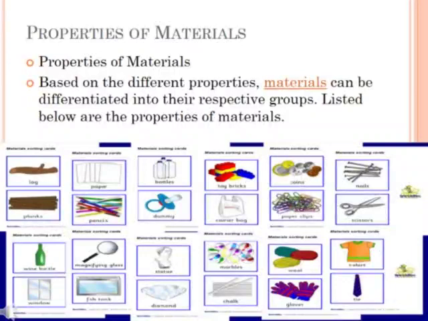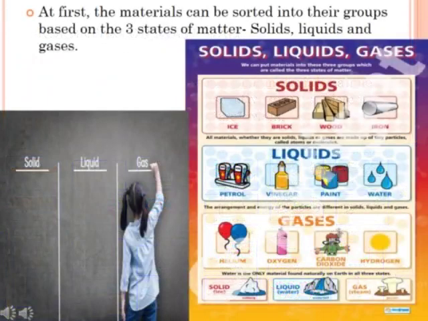Try to identify the material that each one is made of. So we see some objects and the materials they are made of. The object is a plate, and a plate can be made from steel, from glass, from plastic. Similarly, a pen is one object only, but it can be made from plastic or from metal.